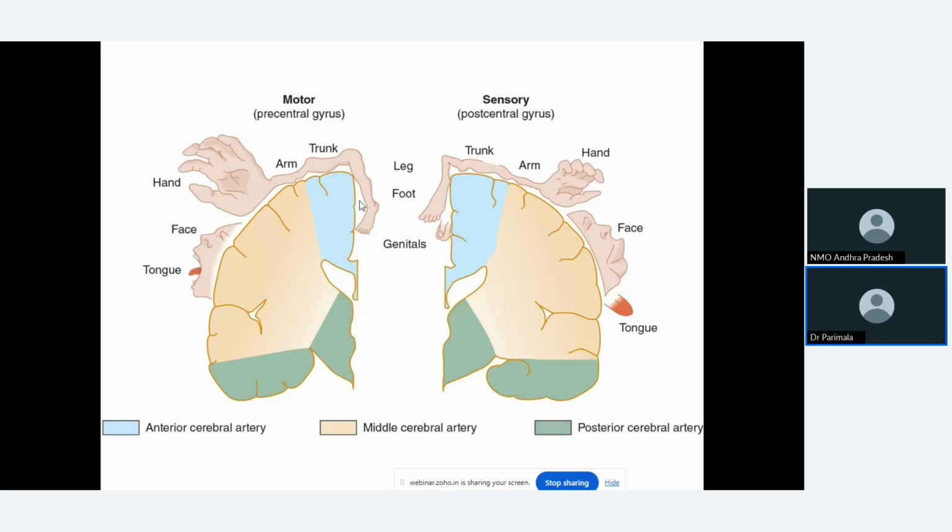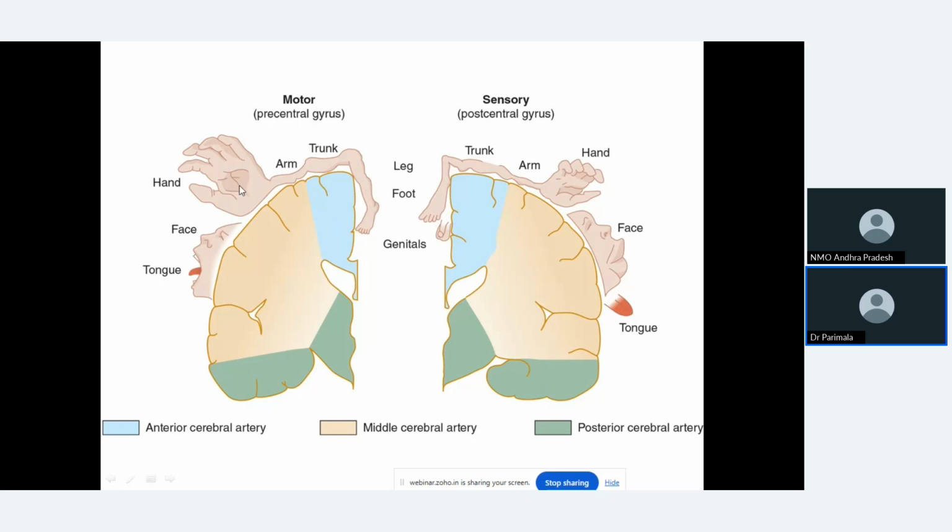And in the representation, the areas which perform more skillful motor activities have wide representation on the gyrus, whereas the areas which have less skillful movement are represented less on the motor cortex. This is the most important point. Here you should also understand that the perineum, leg and foot are on the medial surface. So if there is reduced blood supply to this region, these areas are affected, but those will remain unaffected because they are represented on the medial side.